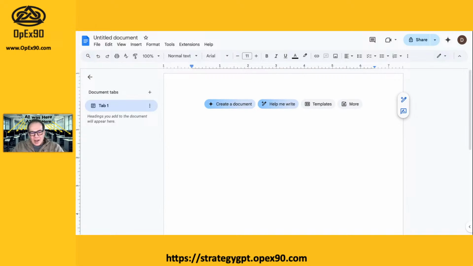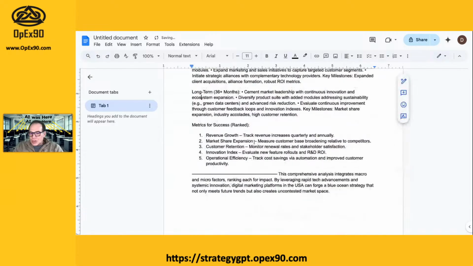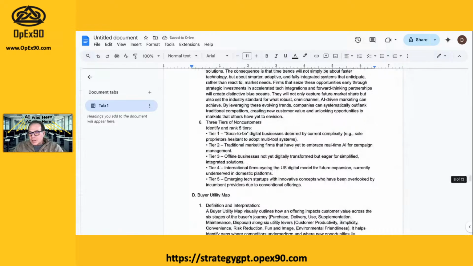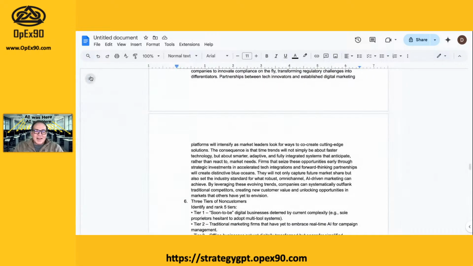So I'm going to grab this document here, Control A, Control C. I'm going to put it in this document here. I'm hoping you're going to, let's see, bam. Oh, it's got a lot of numbers there. All right, so look at this. This is 12 pages, right? And this is in the consulting world. I used to work for some consulting firms where I think they got paid by the ream, right?